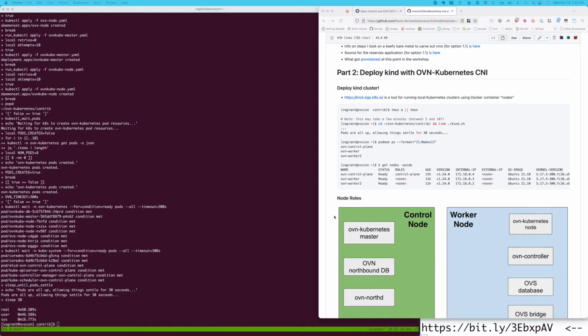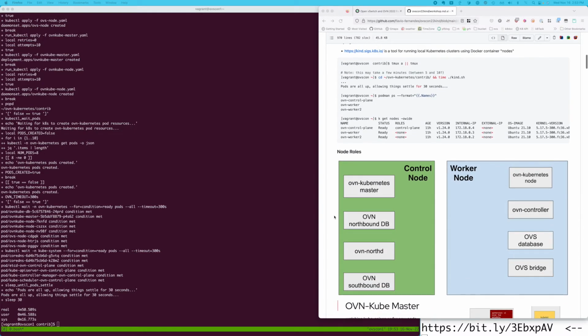Now, let me spend a few minutes explaining some basics of Kubernetes for the folks who are not all familiar with it and how that's all packaged for OVN CNI. So as I talked earlier, we have the control node and the worker node, and while these pieces are very much accurate, I need to explain a little bit of how they actually get packaged and run inside the